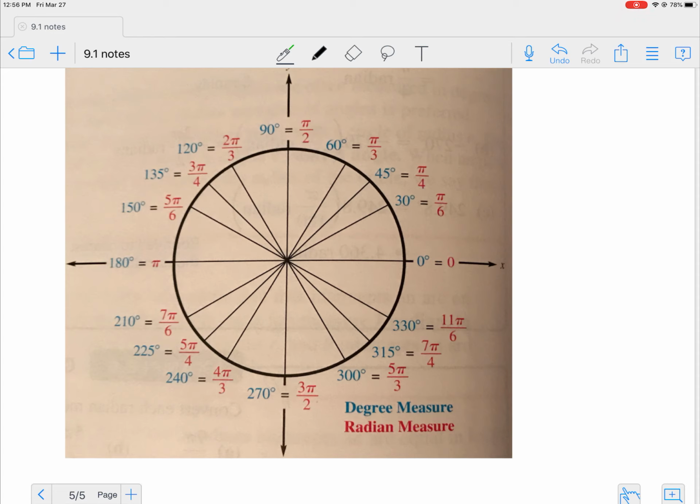This is going to be common. The blue is obviously your degree, the red is your radian. So this is our unit circle, and we're going to get real good with the unit circle. All right, so sit tight with that for a little bit because we're going to spend a whole section on it, with our unit circle. But converting back and forth